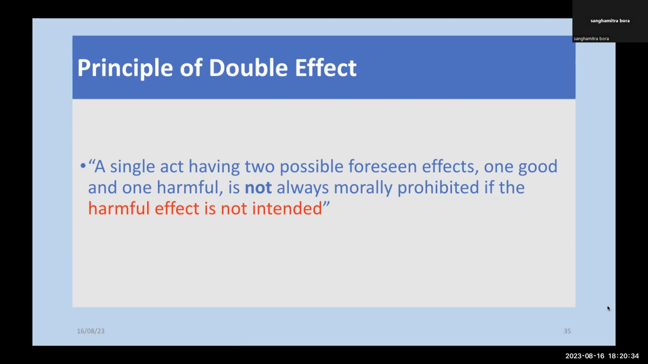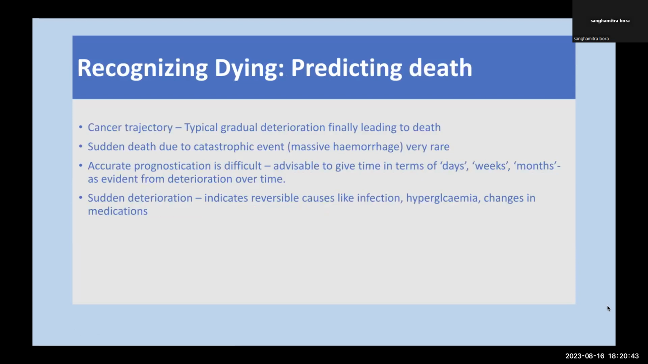For constipation, we definitely use anti-constipating agents along with morphine. So, recognizing the dying process is an important step. How do we predict death? We are not fortune tellers, obviously, but then,